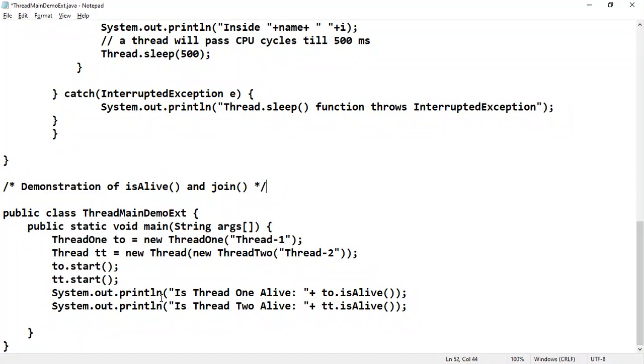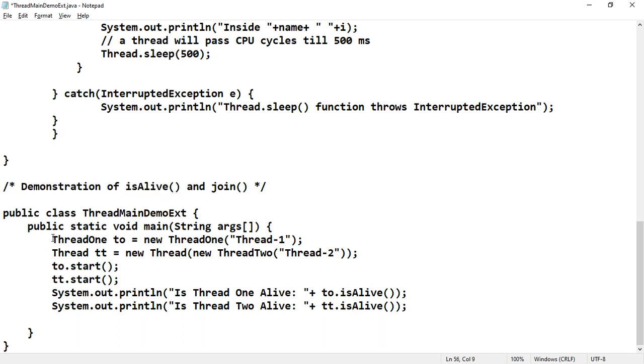So this program demonstrates whether a thread is alive or not, how to join multiple threads after completion, and finally checking whether, once the thread has completed execution, it is alive or dead. For checking these functions, this particular program will give you a demonstration.